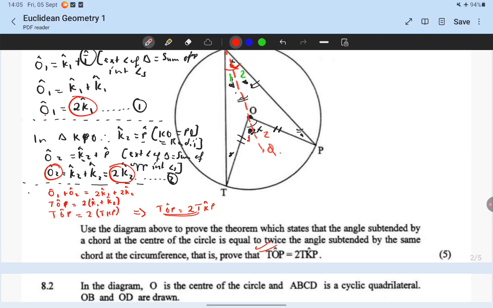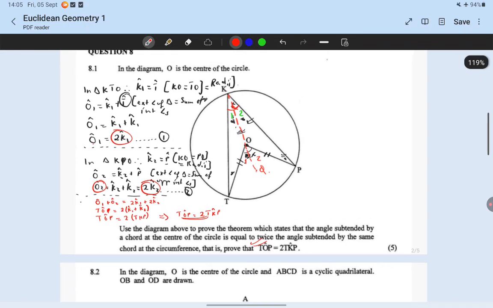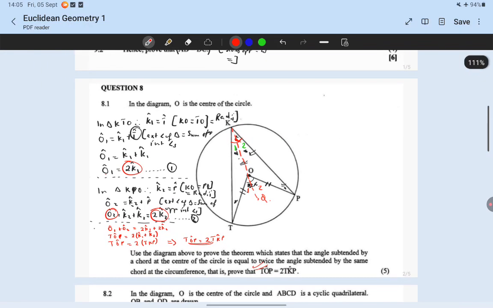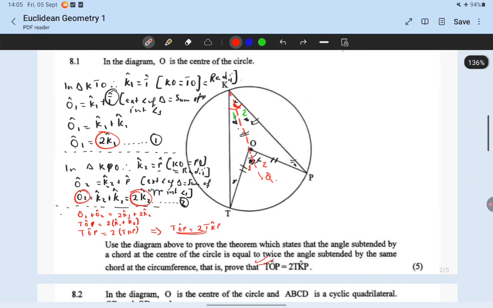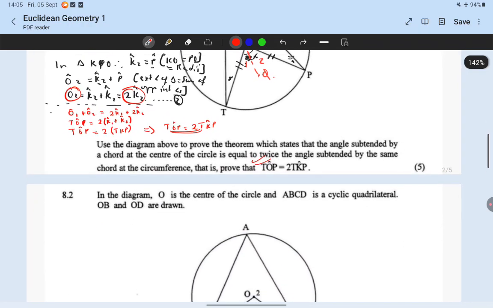And then you'll be done like that. That is how you can prove this theorem. You first construct, and then you make sure that you are mixing that, just like the way that we did. So we can move to the next